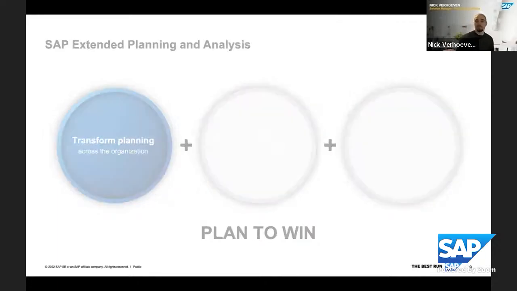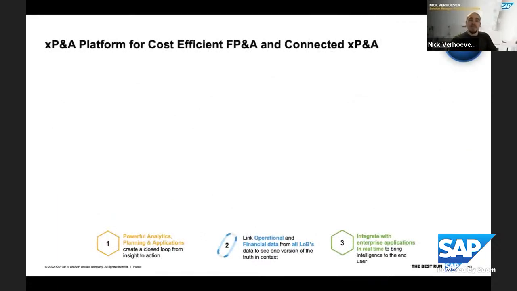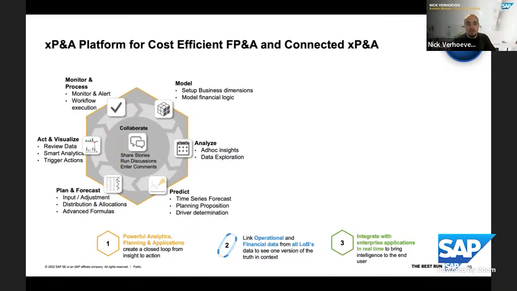Starting with transform planning. We need to look at what does an xP&A platform have to be capable of? What does it need to do? So first up, we have modeling capabilities. Within planning, and especially the different types of planning, we need a lot of flexibility to deal with those specific requirements. So we need to make sure the financial logic is fitting, but also the logic for things like workforce